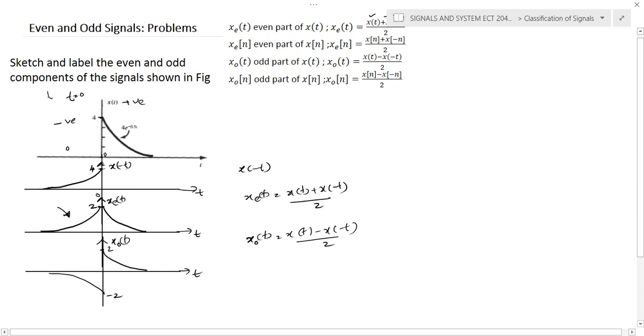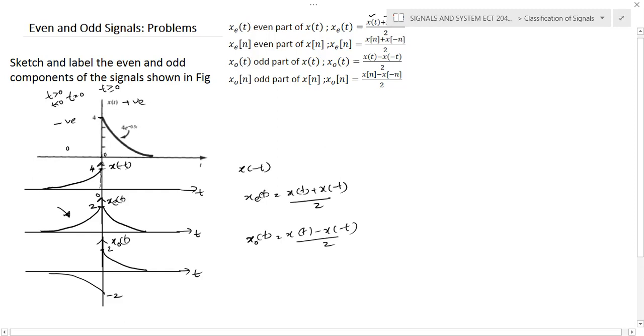So we'll write normally for t greater than 0 and for t less than 0. Either way, you can consider t equal to 0 under t greater than or equal to 0. That approximation is applied here, so that's why it's 0. We are not considering the plus 4. For the negative side we are not considering t equal to 0, it's simply t less than 0. So you'll get 4 plus 0 by 2. This is an approximate value.